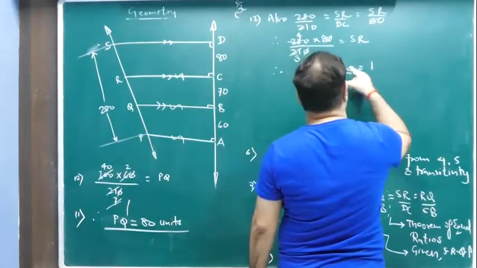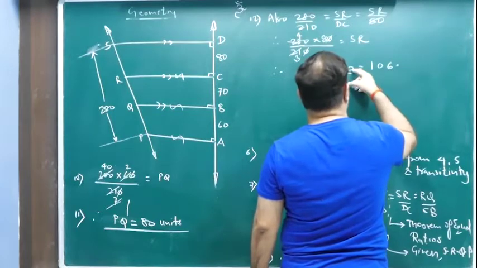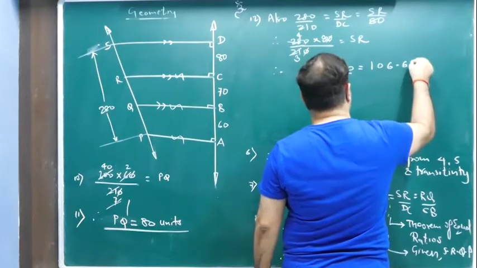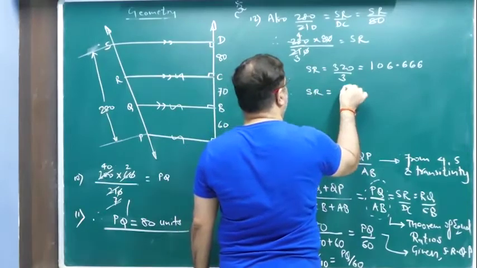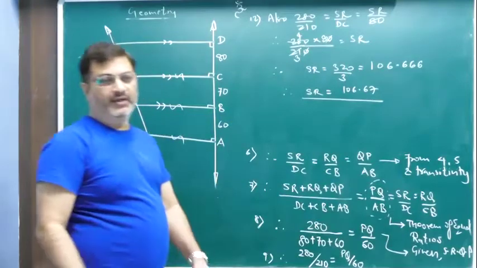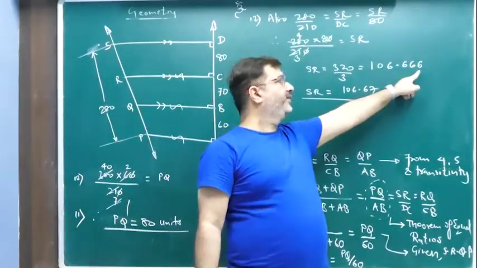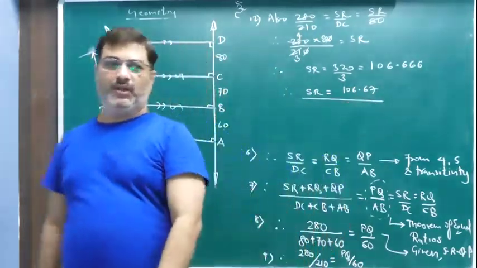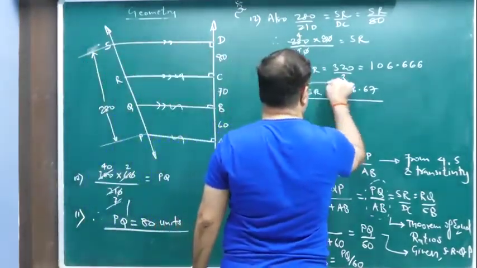3s are 9, 3 1s are 3, then 2 means 0, 20, 6 are 18, point, remains 2, right? So becomes 20. So 6 are 18, again 2, 6 are 18, again 2. So I will say therefore SR is equal to 106.67. Correct up to 2 decimals. You have to write correct up to 2 decimals. So go up to 3 and then round it off. Since this is greater than 5, you will increase 1 in the previous place and stop. Clear? So that is called correct up to 2 decimal places. So SR we have got 106.67.